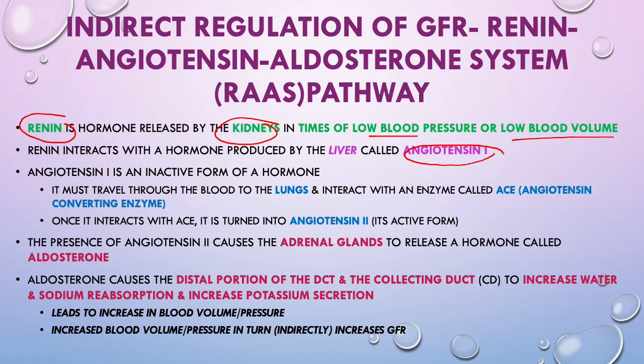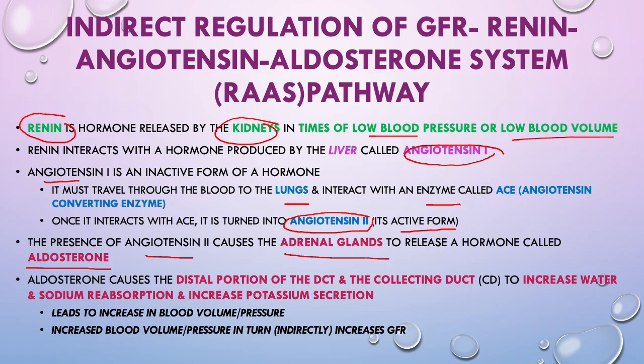This hormone has to go through the bloodstream to the lungs and interact with an enzyme called ACE, which stands for angiotensin converting enzyme. Once this hormone interacts with ACE, it turns into angiotensin 2. This one is an active form, but we're not done yet. The angiotensin 2 in the bloodstream is going to cause the adrenal glands to release a hormone called